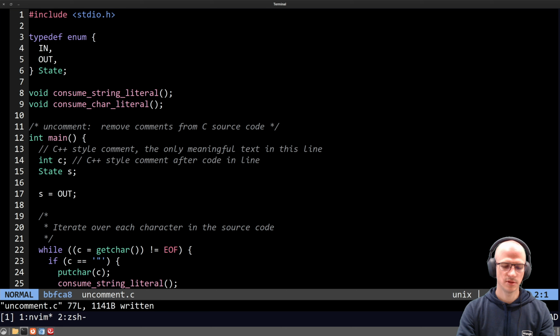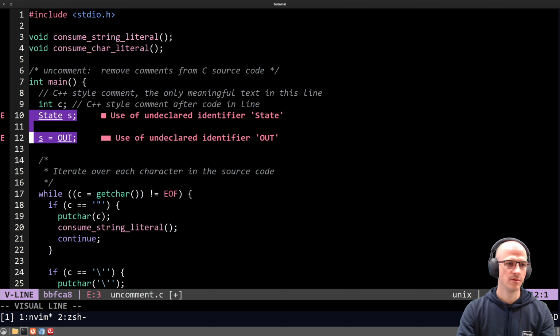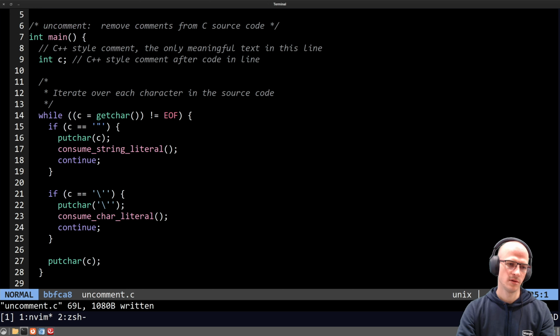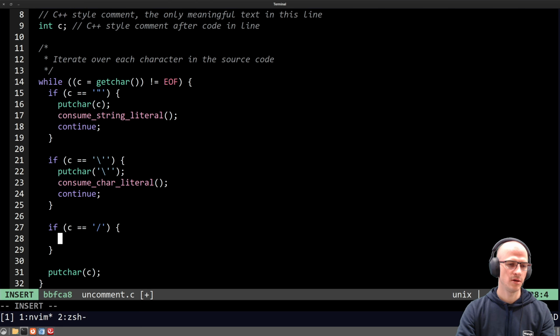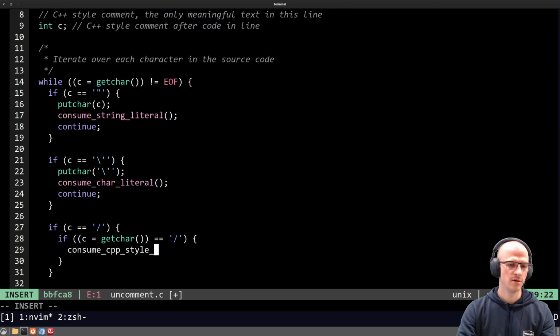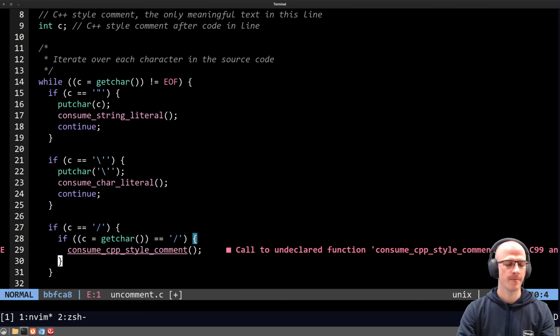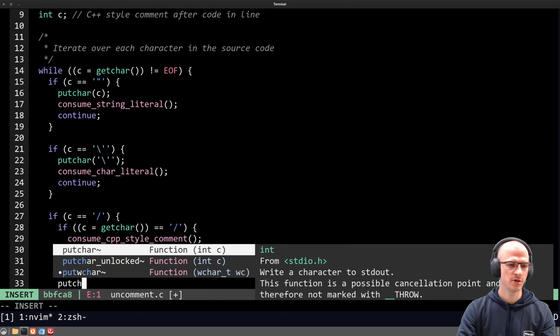Okay, so since I don't think we're using this right now, we can say if c equals slash, and if c equals getchar is also a slash, consume cpp style comment. Continue,